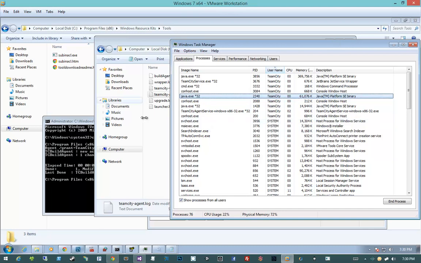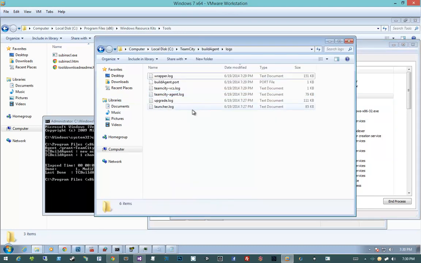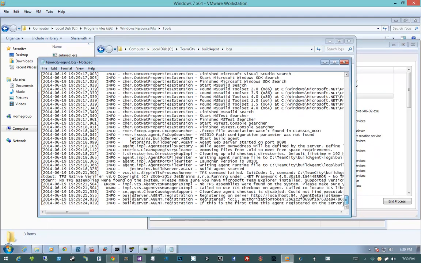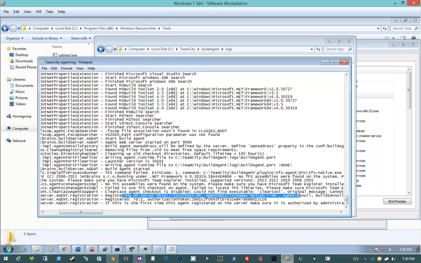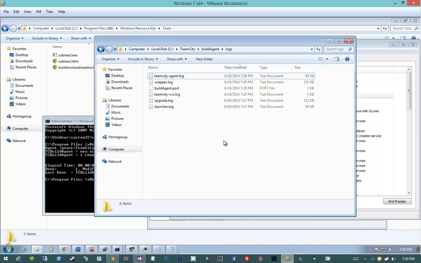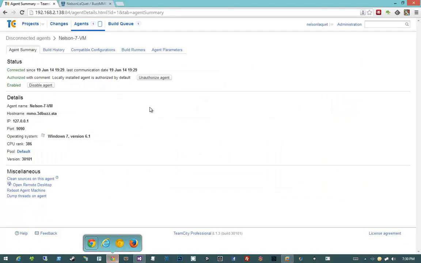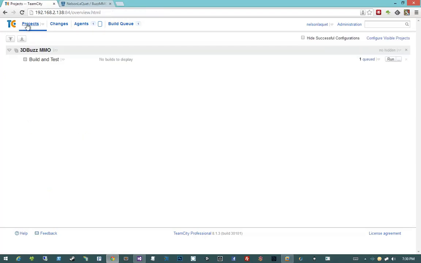So maybe that means it started. Let's open up our TeamCity agent log and see what's down at the bottom. It registered itself. Alrighty. That means it is now registered. So let's come back here, and what do we see? Without even refreshing the page, we already see our build agents went up to 1, we are connected, and we are authorized. So now let's jump over to our projects tab and hit run,